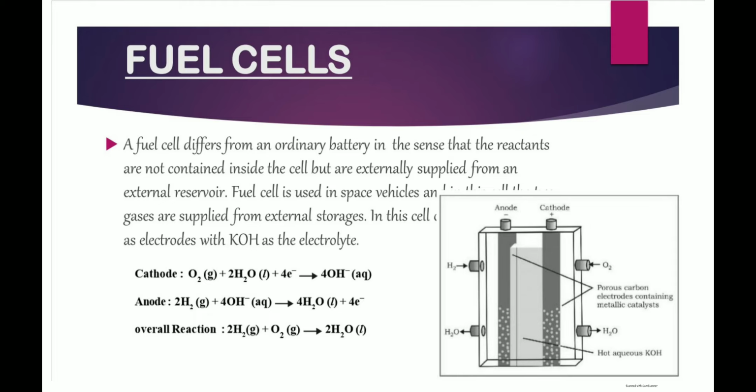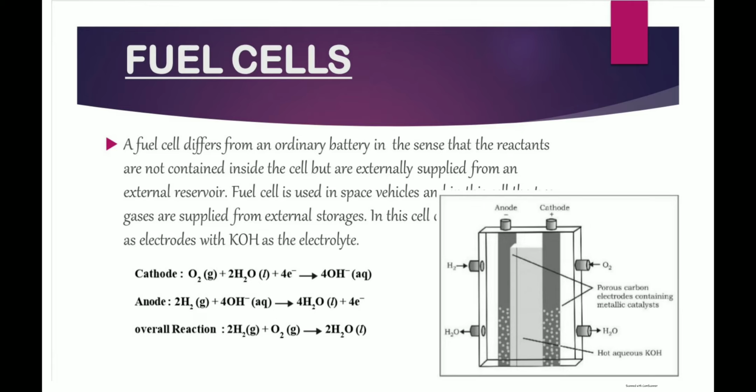The cell consists of 3 compartments separated by porous electrodes. Hydrogen gas is introduced into one compartment and oxygen gas is fed into another compartment. These gases then diffuse slowly through the electrodes and react with an electrolyte that is in the central compartment. The electrodes are made of porous carbon and the electrolyte is a resin containing concentrated aqueous sodium hydroxide solution.